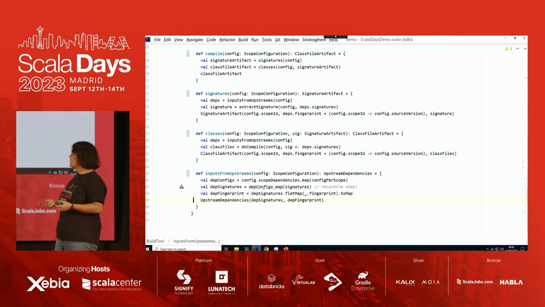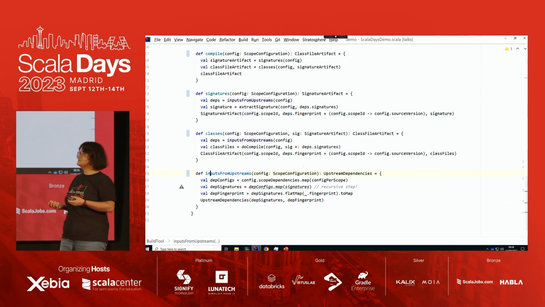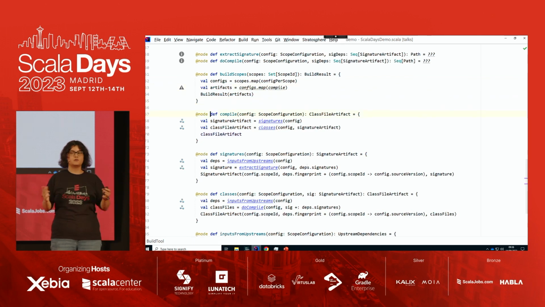So now that we have made sure that we write referentially transparent functions, and that all we care about is our business logic, what it means to solve our business problem, Valerie is going to sprinkle a little bit of magic. And that means that she is going to add the at node annotation. And that's it. This is Optimus code. It works. Nothing else that you need to do with it. But of course, don't trust us.